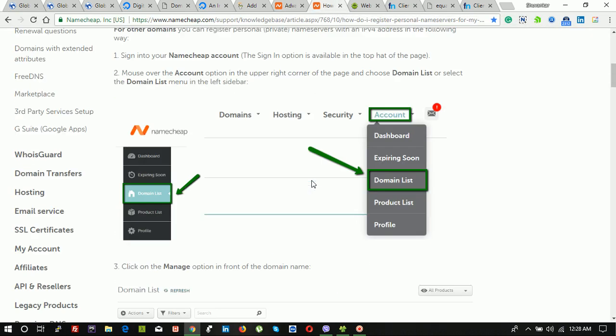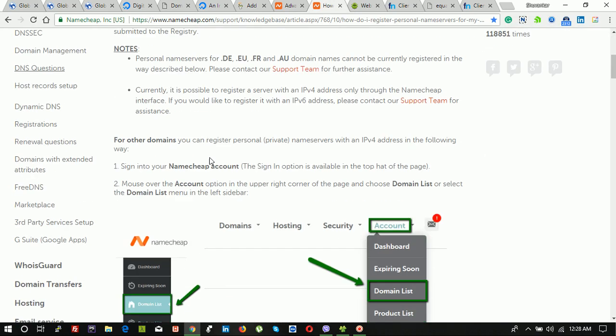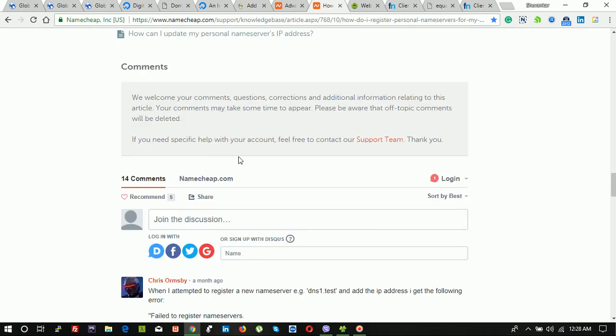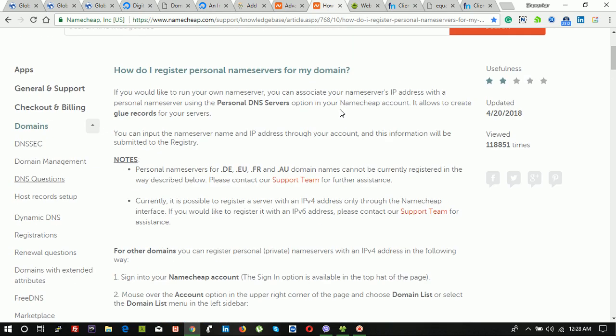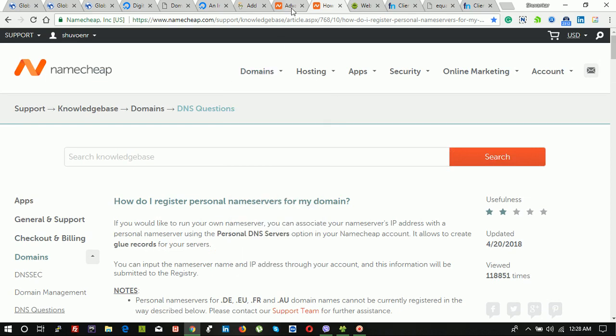There is an official article to set up a private name server from Namecheap, and you will find this type of documentation in every hosting and domain provider company.